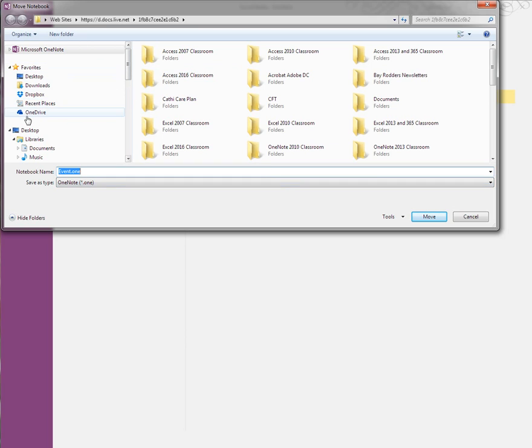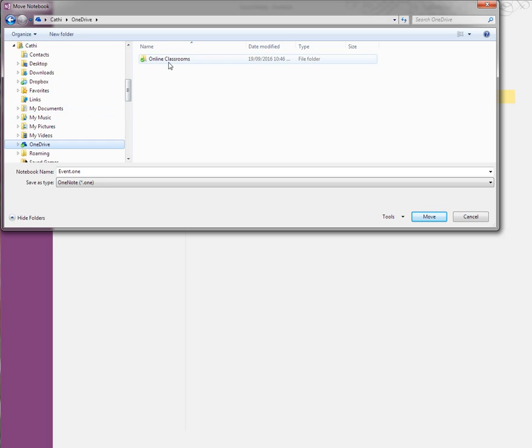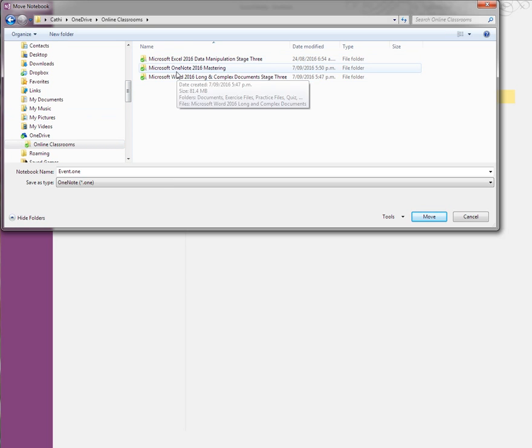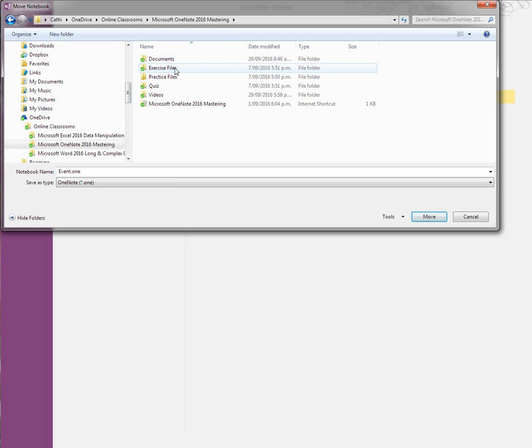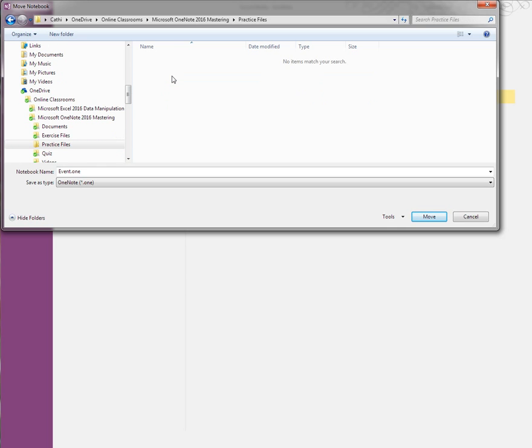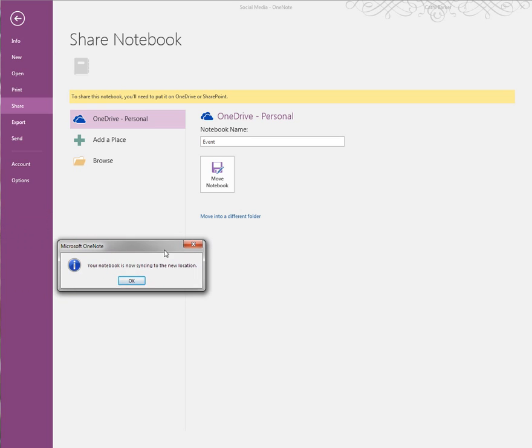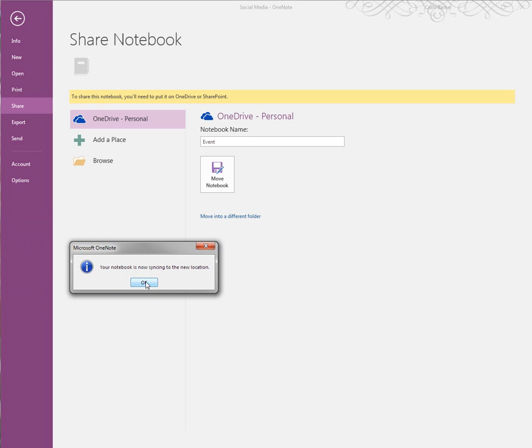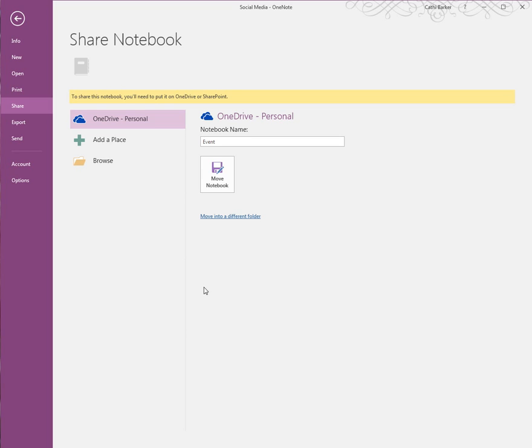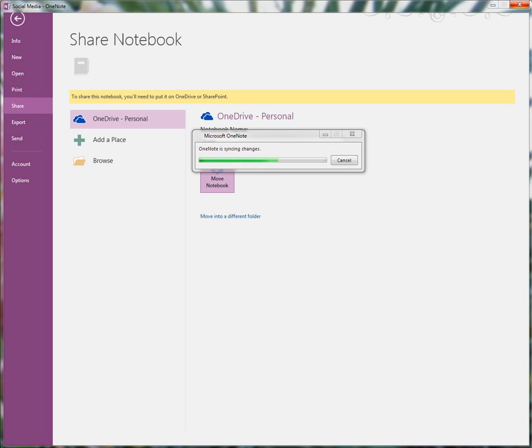From here, I might choose OneDrive, choose my online classrooms, choose my OneNote classroom, and I might put it in practice files and move. It's now syncing to the new location, so I'll let it synchronize. Synchronizing the changes may take a while, so you may have to wait for a little while depending on the